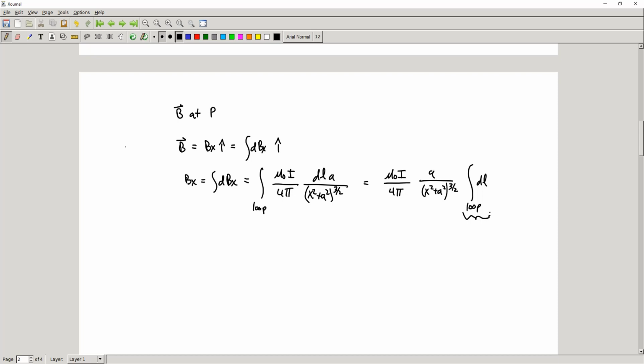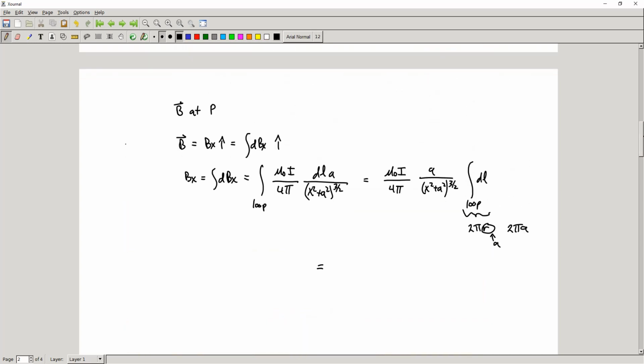And we know that the circumference of our loop is just going to be 2 pi r, but our r here is really a, so it's just going to end up giving us 2 pi a. With the simplifications we've made, this integral becomes trivial. We just pick up a 2 pi a, and maybe I'll rewrite it here. We're going to see that our Bx is going to end up being